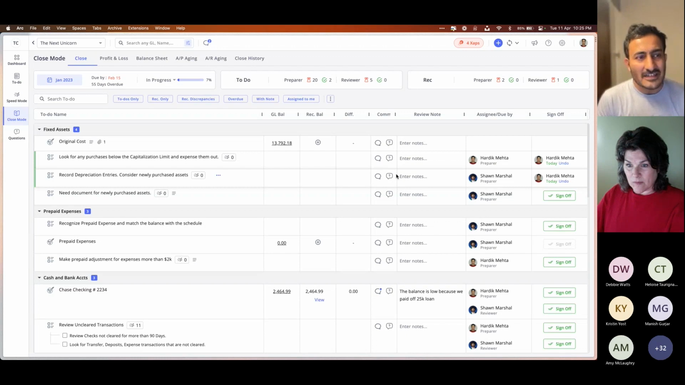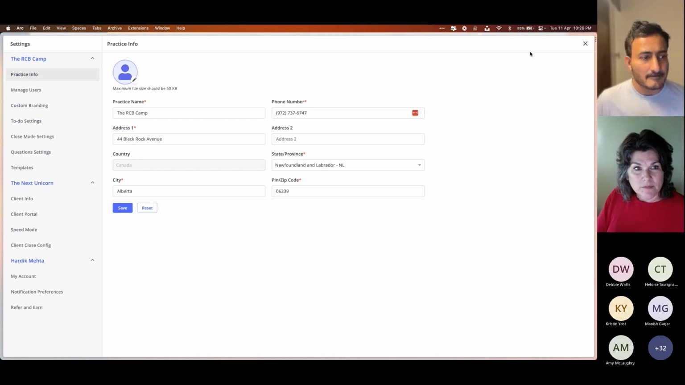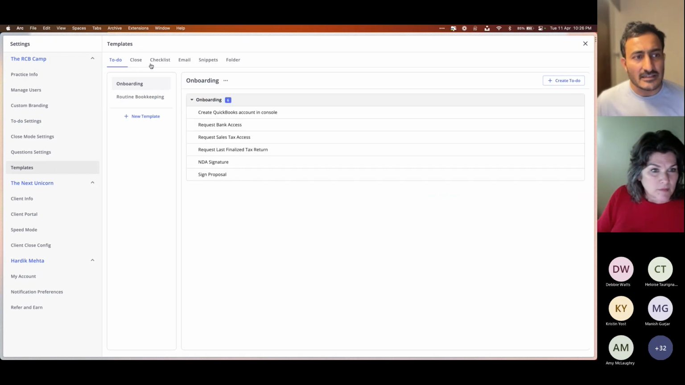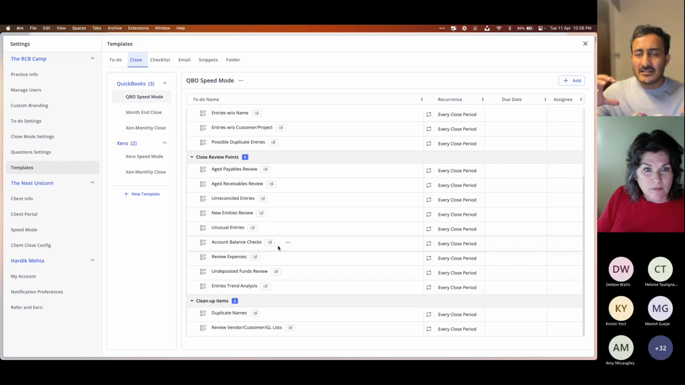All right, so coming back to the close, it's the place where the entire close is now going to happen. As I mentioned, you can build the close however you like. In fact, we also have templates that you can manage. This is how I would suggest you set it up. When you go to settings, then templates, there is a close section here, and here you can manage your templates. If there is some sort of process, checklist, or task that you follow at your firm level,